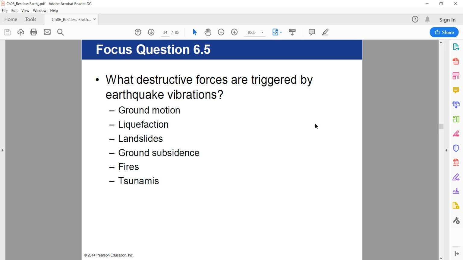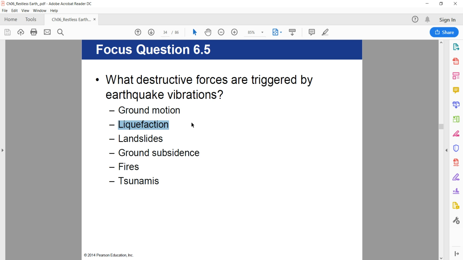One is ground motion. Obviously, the ground will move, the foundation will be damaged, and destruction will happen due to the collapse of these different engineering structures. Liquefaction is another very interesting phenomenon that happens when semi-saturated or saturated soil completely loses its strength due to the motion of the earth mass. During the earthquake event, the earth mass will be shaken rapidly, and that will lead to this soil mass